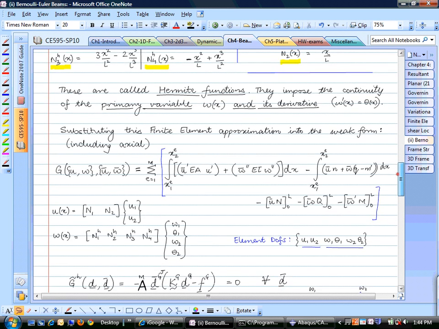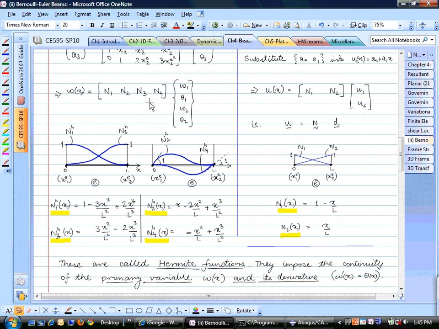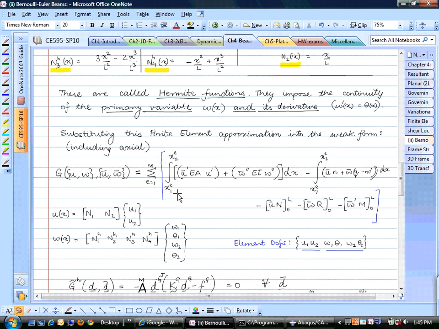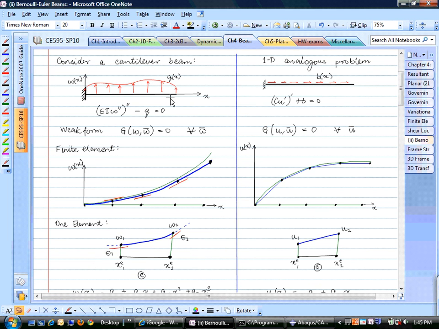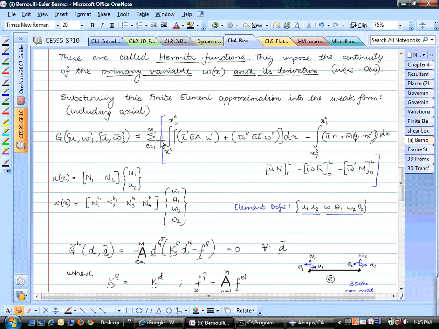So after that, it's pretty straightforward. Once we have our finite element approximation that u is equal to n times d, you just plug it back into the weak form, and now I've divided the weak form into a number of elements. So for example, in this case, the problem that I was trying to solve was this cantilever beam problem. I've taken this entire domain, divided it up into any number of elements that you want, and I'm going to sum the weak form over all these elements. So summing up this weak form over all the elements, you substitute in your u is equal to